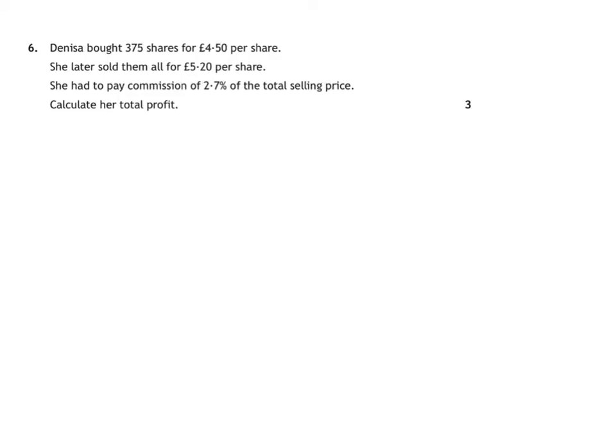Okie dokes, we've got question 6. Denisa bought 375 shares for £4.50 per share. She later sold them all for £5.20 per share. She had to pay commission of 2.7% of the total selling price. Calculate her total profit. So she bought them